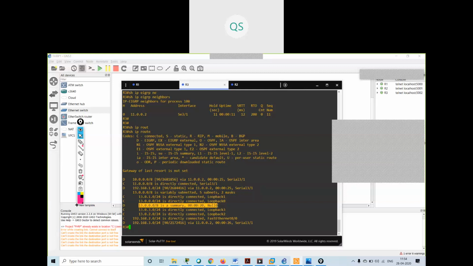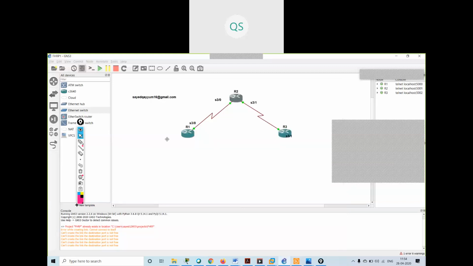Whenever any router pings, suppose this router is pinging the 13 dot network, then when this packet is received, it will check the routing table, and it will send it to null zero.